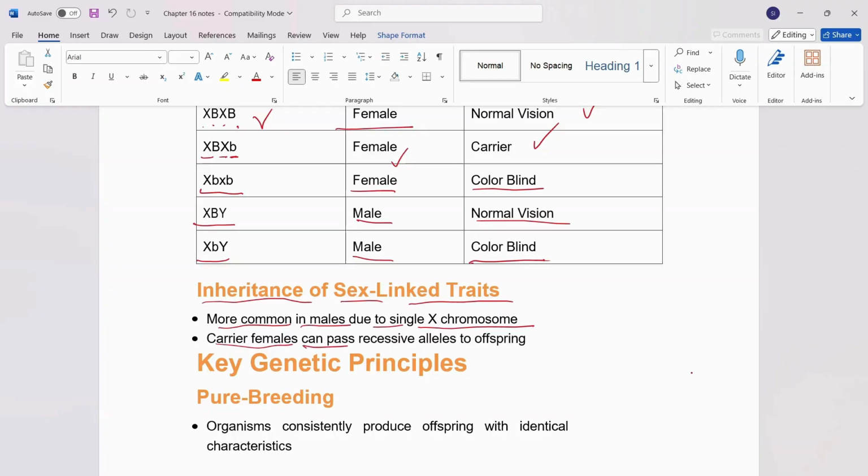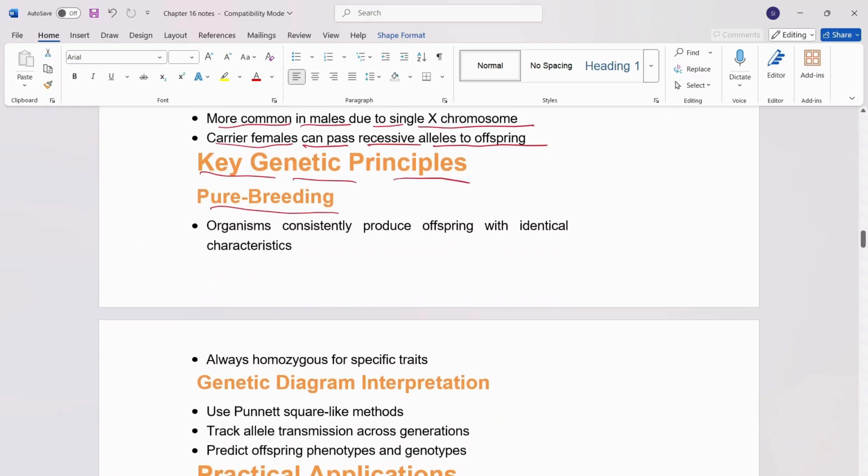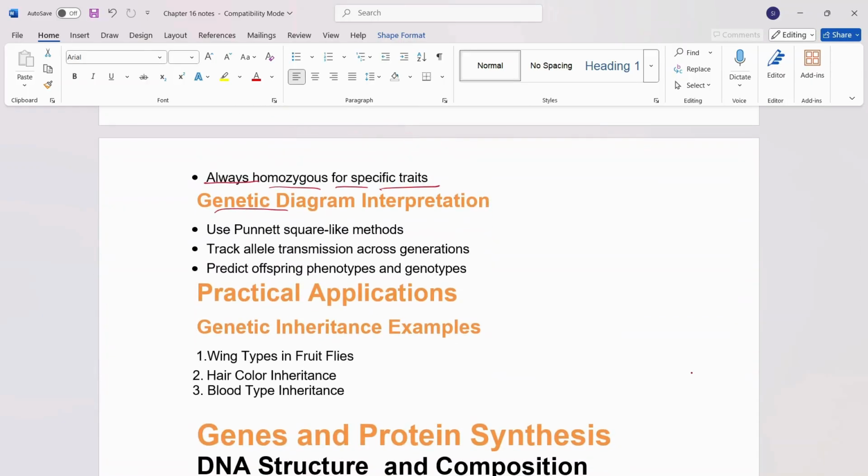Carrier females can pass recessive alleles to offspring. Key genetic principles. First is pure breeding. Organisms consistently produce offspring with identical characteristics, always homozygous for specific traits. Genetic diagrams can help you interpret inheritance, such as using Punnett square methods, tracking allele transmission across generations, and predicting